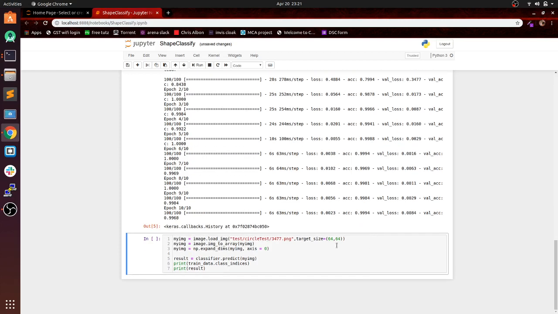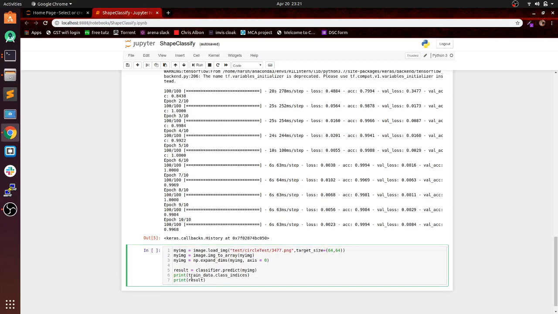Okay, now that the training has been done, we will upload a random image from our test dataset. We will take an image from the circle test folder, number 3477, and we will check what our model output gives. So we are expanding the image enough to give it as input. Next we will calculate what output our model is giving in the variable result.